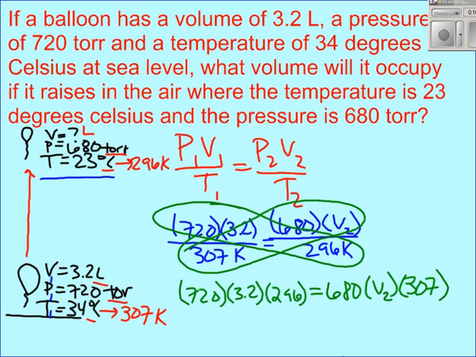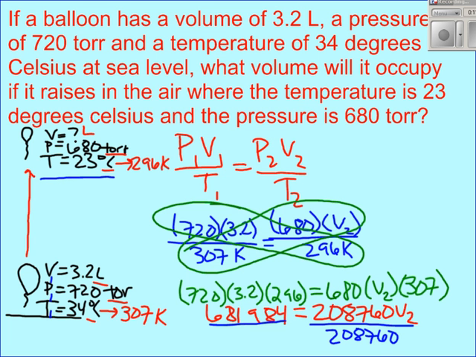We do 720 times 3.2 times 296 to get our left side equaling 681,984, and that's equal to 680 times 307 times V2, which gives 208,760 V2. To get V2 by itself, we divide both sides by the